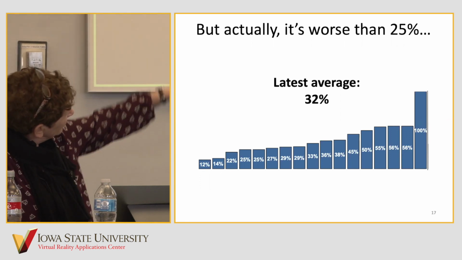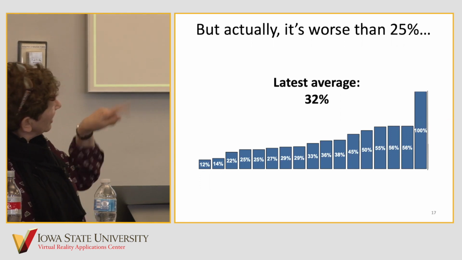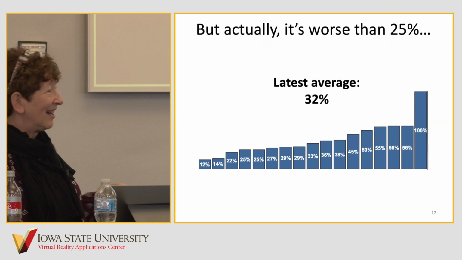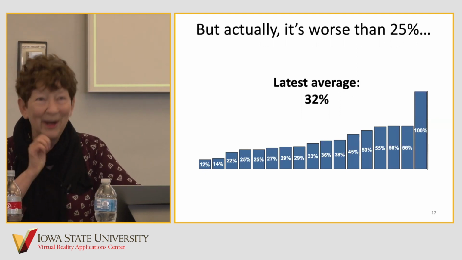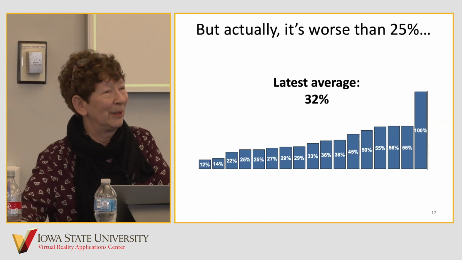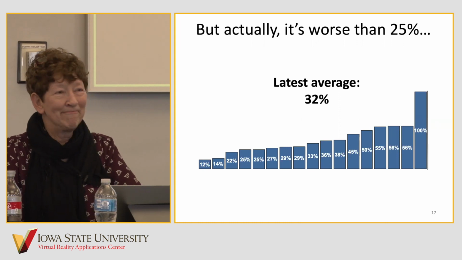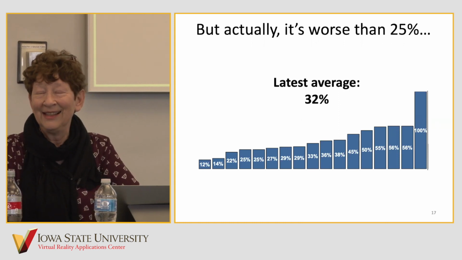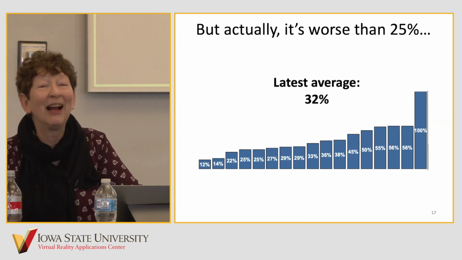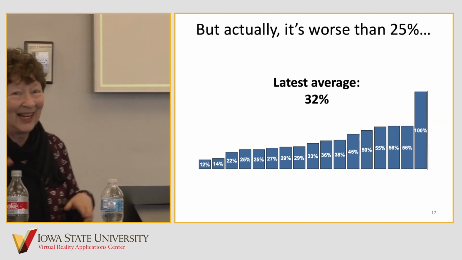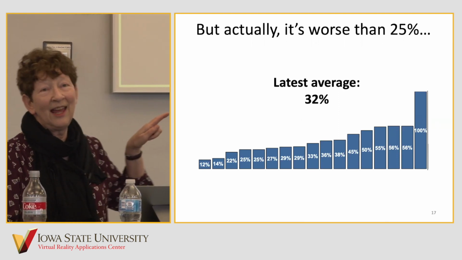What's that big bar say? Can you read that? Yeah, you can read that. 100%. Every single feature they looked at, every one, they found some sort of gender bias in. So is that good news or bad? They found it, right. Yeah, it actually was kind of good news because they found it and they found it